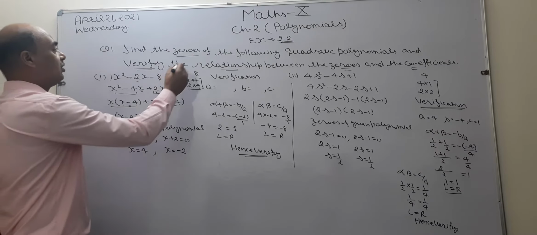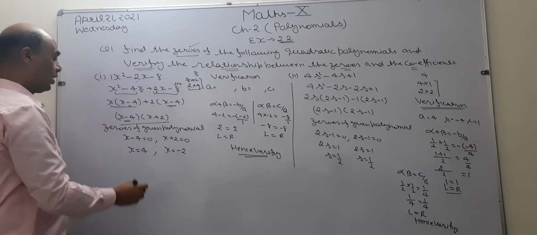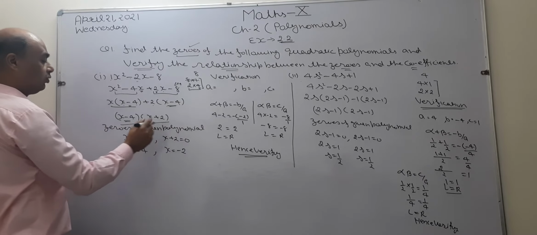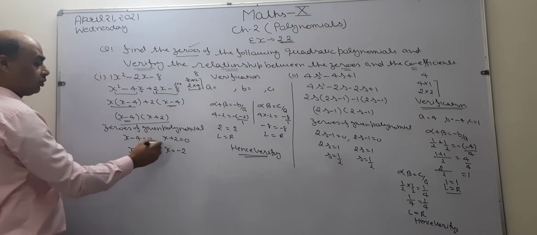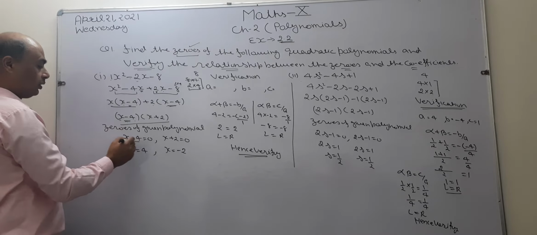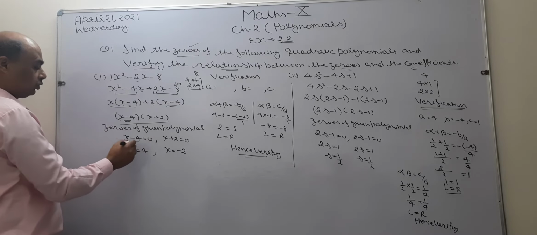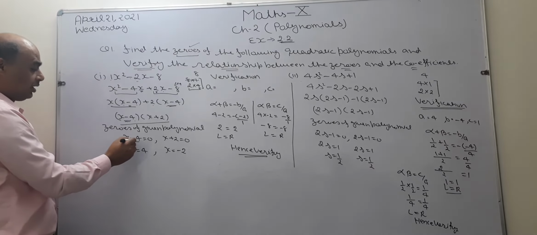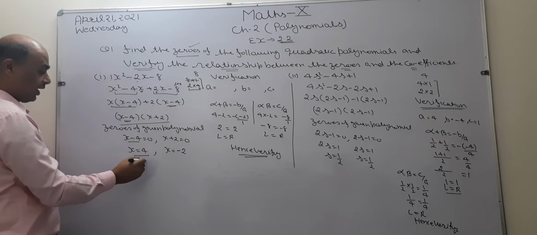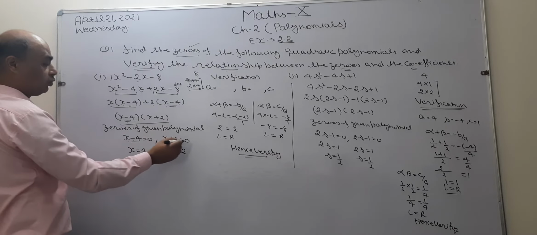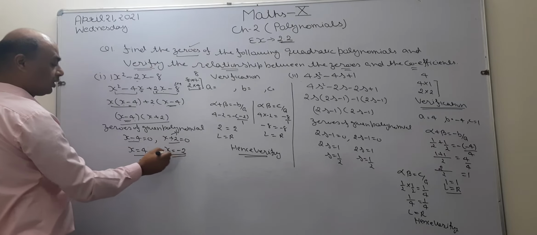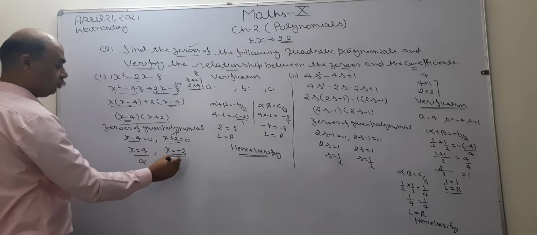And the requirement is to find the zeros of the polynomial. For zeros, you have to write one line, which is zeros of the given polynomial. After writing this line, we have to put both the terms equal to 0. When I take this term equal to 0, x minus 4 equal to 0, so this negative sign becomes positive because this is going to change the sign. X equal to 4. This is known as alpha. Now I take x plus 2 equal to 0. When this 2 goes from left to right, sign must be changed. Positive sign becomes negative sign. So this becomes x equal to minus 2. Now this is your beta.